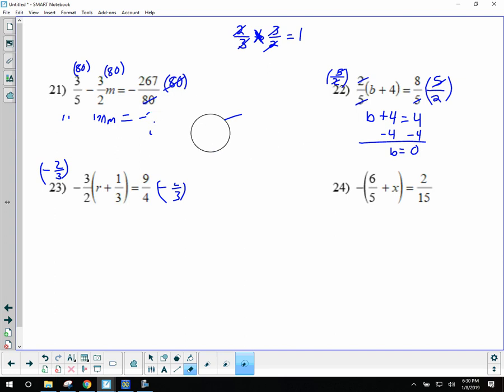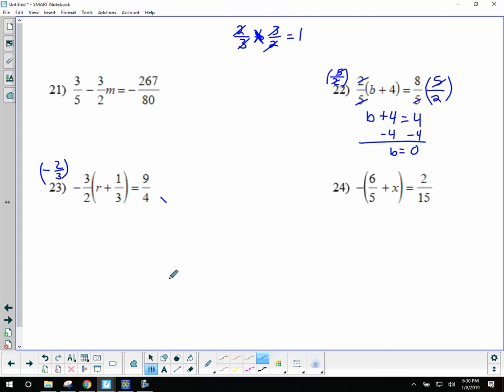Alright, took off the 2. What the heck is going on? There we go. Again, reciprocal. Remember, we're trying to get R by itself. I'm taking care of this guy. Negatives turn into a positive. 3's cancel. 2's